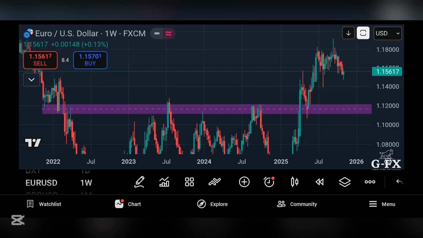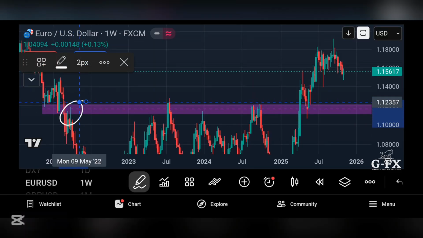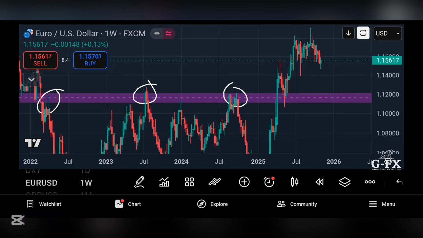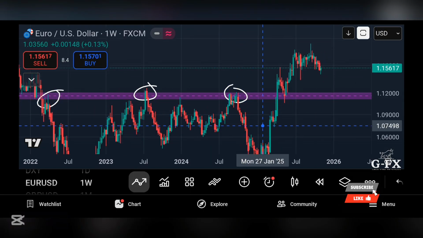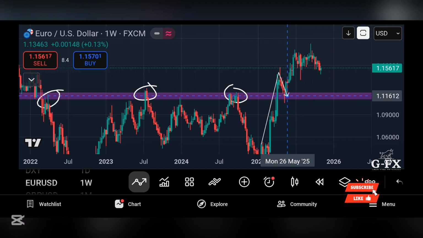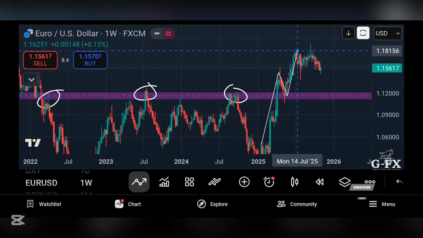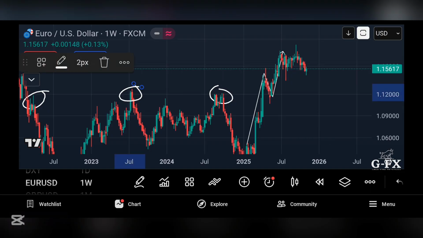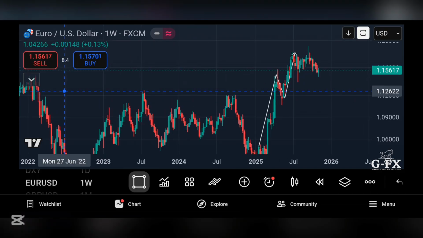So the price came to test this zone here once, second time, the third time, and then it broke out. And then we tested it, turning the resistance into support and then made a higher high. So I'm just going to delete all this. Okay, so I'll have to draw my line again,